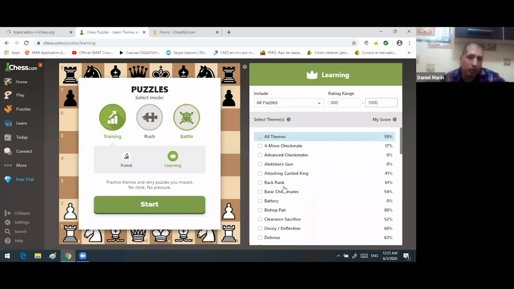Puzzles are fun to do, but besides fun, they're always going to improve your games. More than playing games, how you're going to get better is learning the openings well, remembering to always develop your pieces, and doing puzzles. Puzzles are a good way to improve your game. Now,